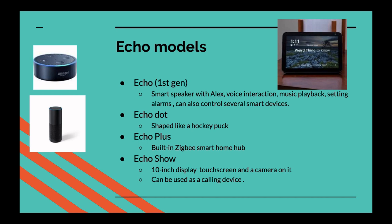But what's most interesting to me is the ability to be used as a calling device, or in more traditional terms, a video phone. Along with Echo Show, Amazon is launching a new communication platform for Alexa devices, which allows for calling and messaging between Echo units and smartphones that have the Alexa app installed. So this was one of their main selling points, that touchscreen display, and it can be used essentially like a FaceTime app